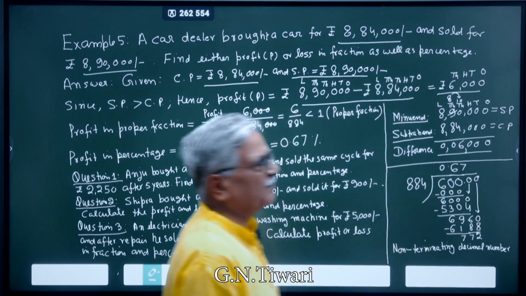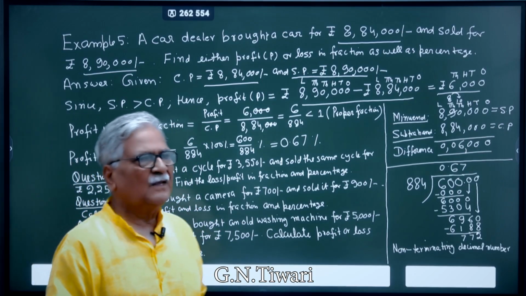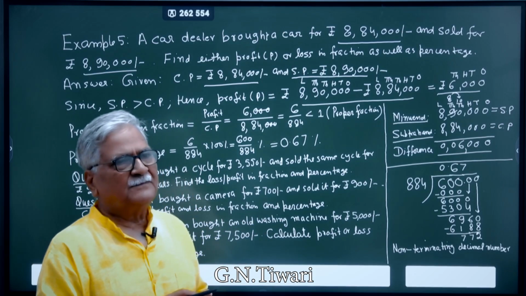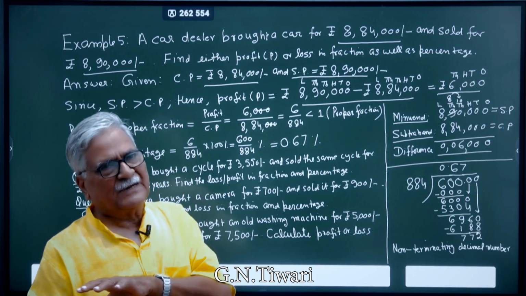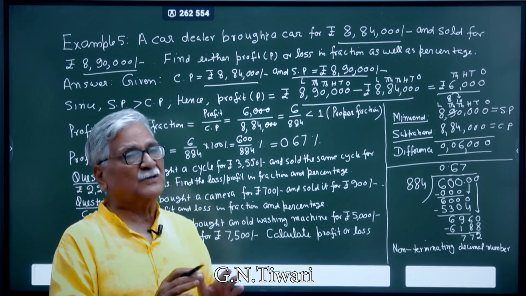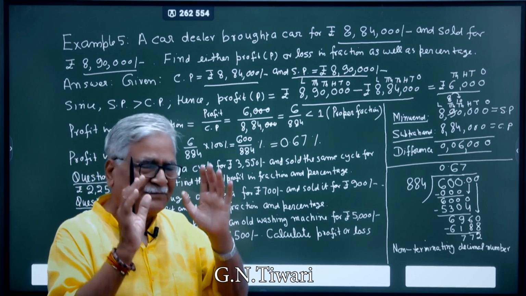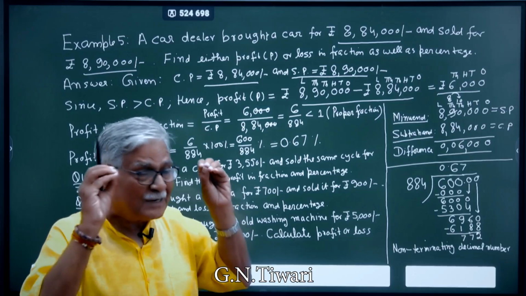That's very, very important: when you are purchasing any item, it is a cost price. But if you are selling, it is a selling price. These fundamental things should be clearly told to the students. If there are brighter students, they will understand very clearly. Otherwise, repeat many times so that these things go into their minds.